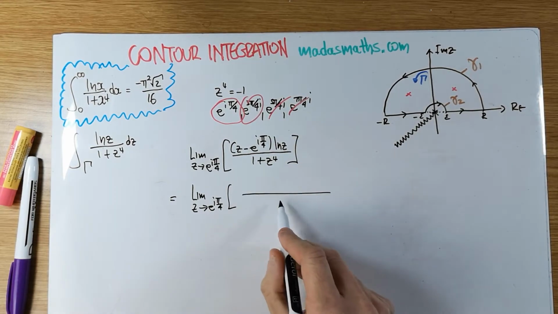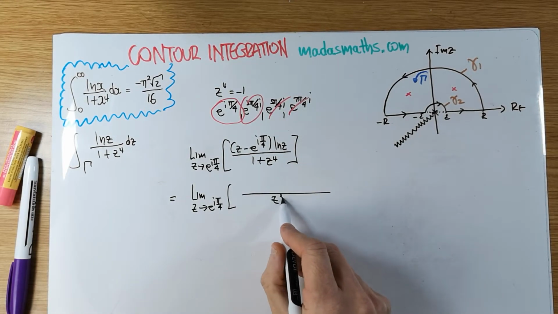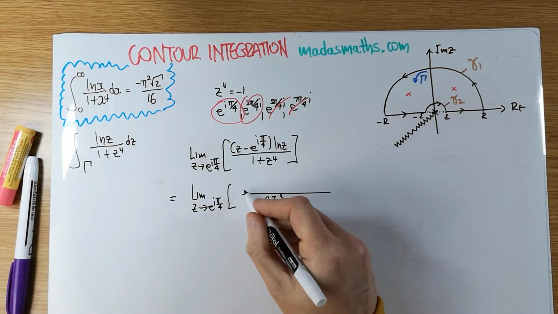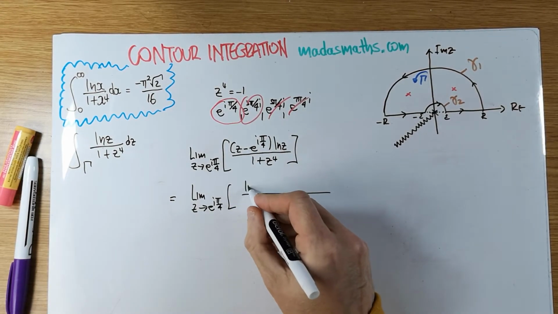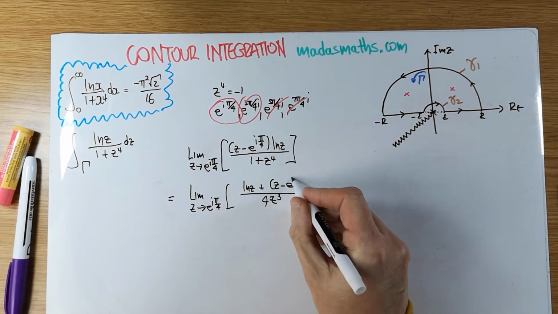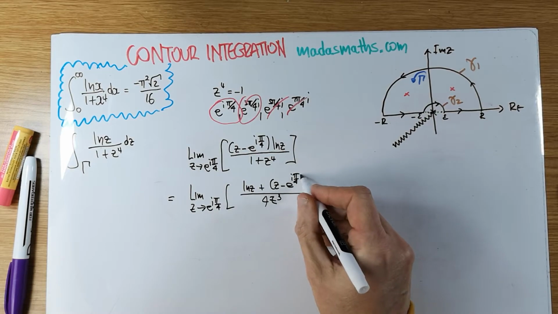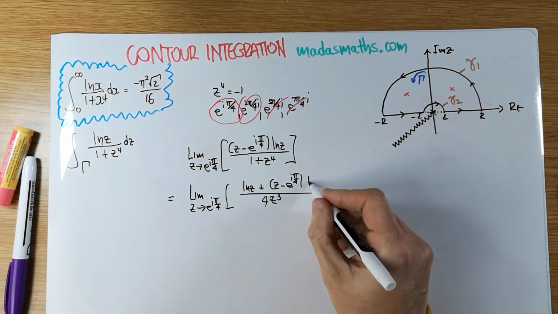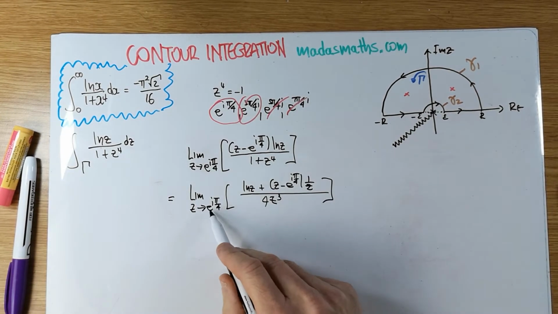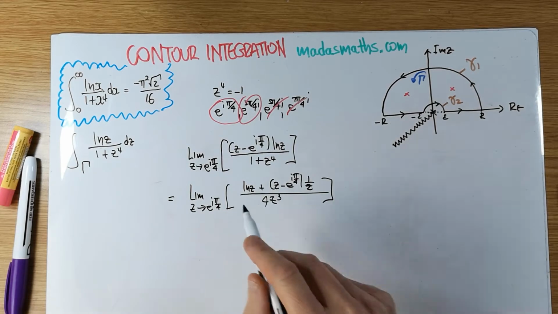Differentiate top and bottom. So bottom, first of all, is going to be 4z cubed, product rule here. So we got 1 times the log of z plus this bracket untouched times the differential of the log of z, which is 1 over z. And so far, when we're taking the limit, when we're putting that in there, that will all be gone, and therefore